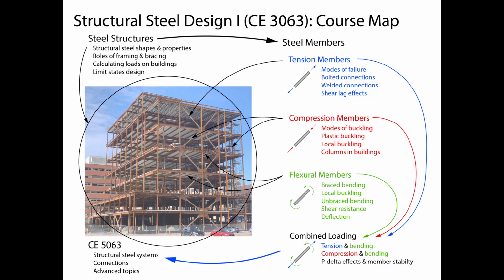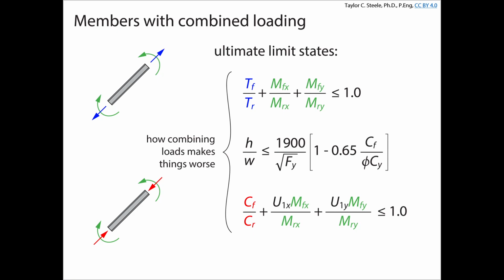We're going to spend a couple days looking at compression and bending, which focuses a little bit on something called the P-delta effect and local member stability. And that's pretty much going to be it for this course. Okay, so we've got 3 full lectures left of new material. At the last day, we're going to just wrap things up. On Monday next week, I'll talk a little bit about the exam, what to expect, and I'll also use it as an opportunity to just kind of bring the entire course to a close and bookend the course with the introductory lecture, okay? So today we're going to be focusing on members that carry combined loading,